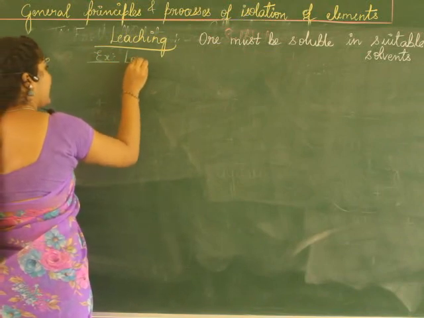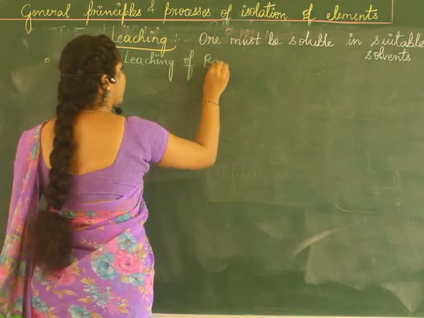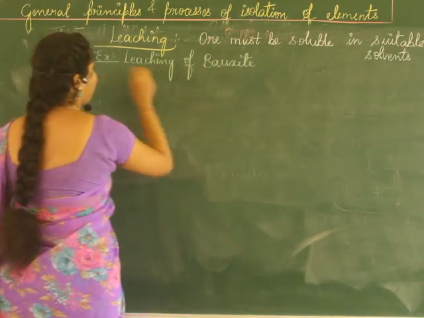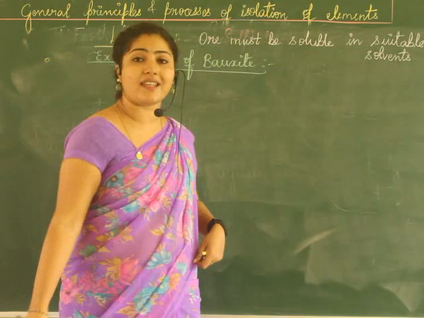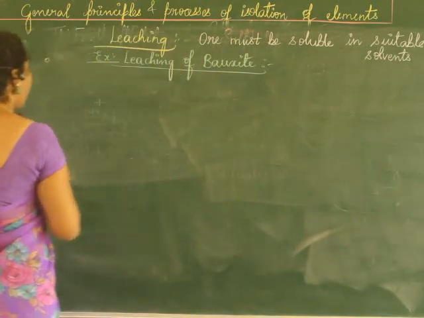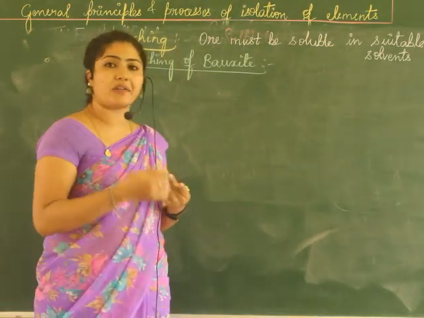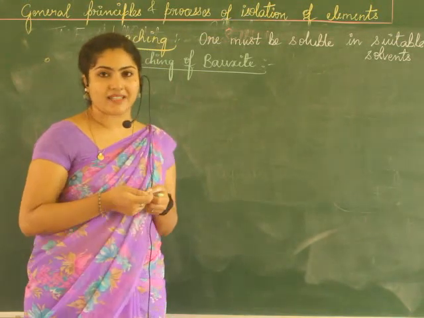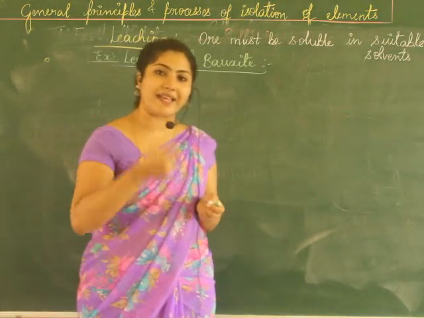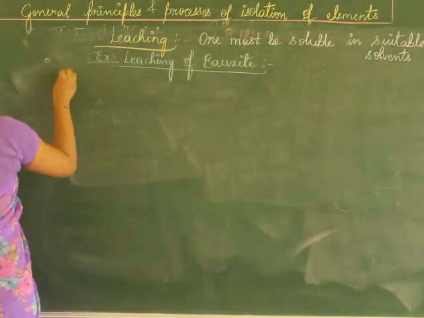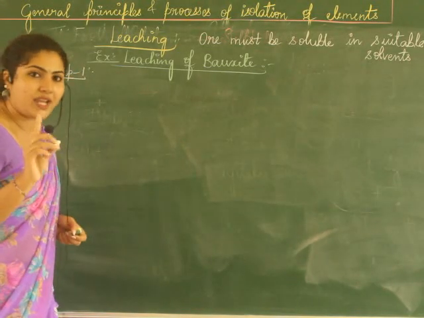Example is leaching of aluminium ore, that is bauxite. Leaching of bauxite to obtain pure alumina. Pure alumina, in the sense, concentrated alumina. Okay, so here it involves 3 important steps. It's very easy. They keep asking this question in the examination. Sometimes they'll ask you to write the chemical equations for it. Most of the times they ask you to explain the steps of it as well. So the first step is, what is done? You're going to take powdered ore.